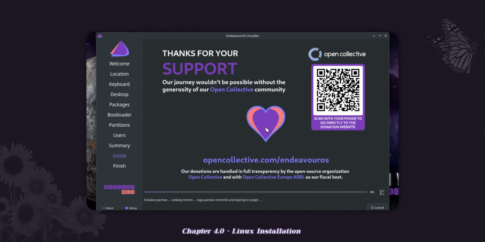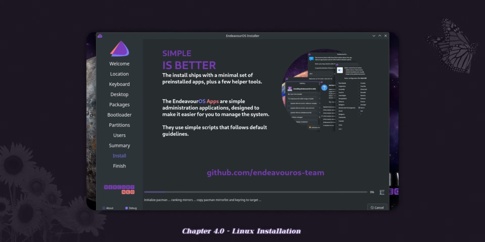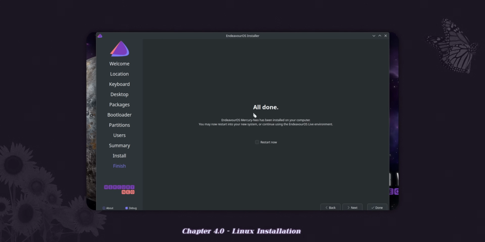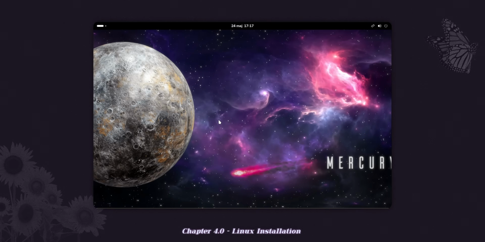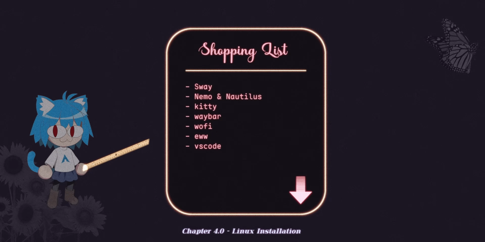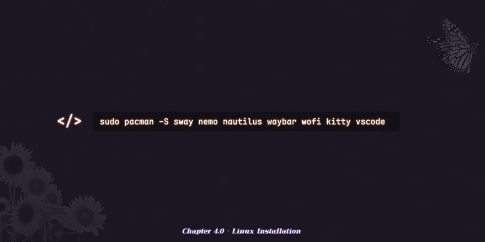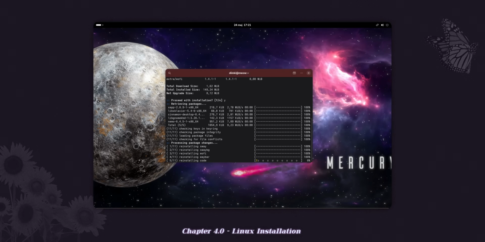That way I can show you how to install Sway alongside it. After the installation is complete, we can restart our computer and behold EndeavourOS with the GNOME. Now we're going to install all of our software that we want to use for our RISE. This command will install most of the necessary softwares as well as Visual Studio Code, so we can easily edit